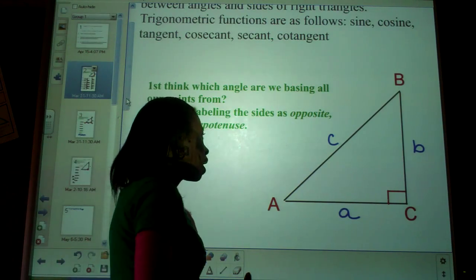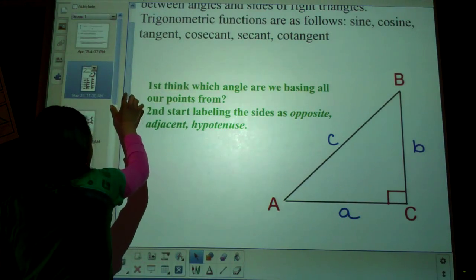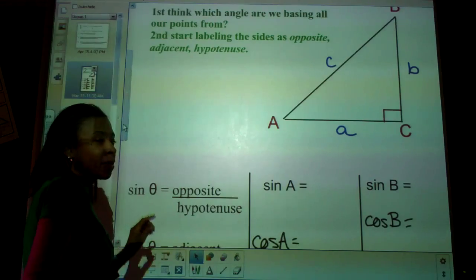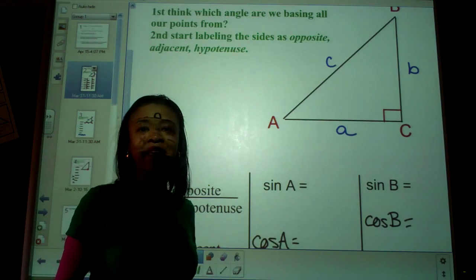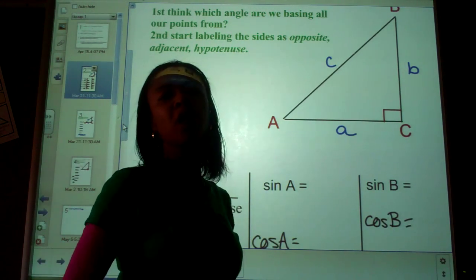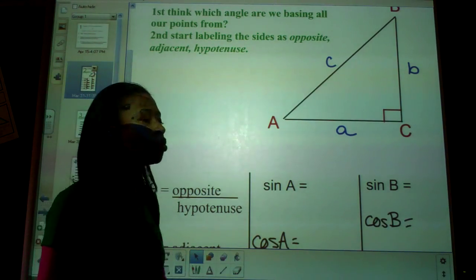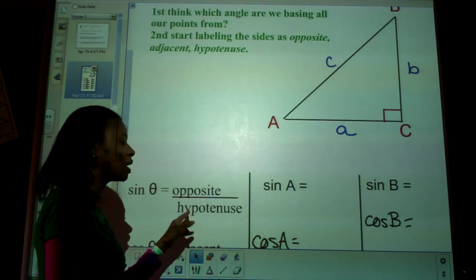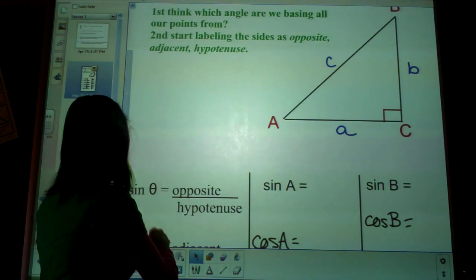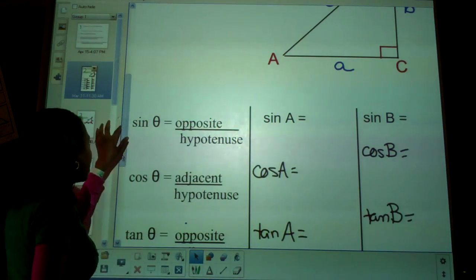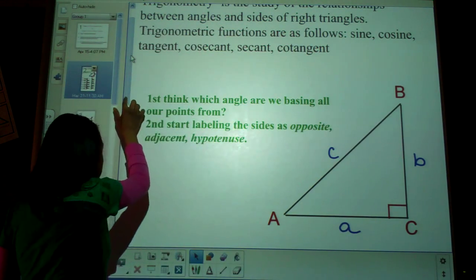Okay? Now, looking at this right triangle, let's look at a couple of things. First of all, sine. Remember I said sine, cosine, tangent, secant, all those things mean is compare two legs. That's all it means. Compare two legs to one another. So when somebody says sine to you, they're saying compare the two legs opposite and hypotenuse. That's all you do. If somebody says cosine, which is the proper spelling written out, but we abbreviate it COS,